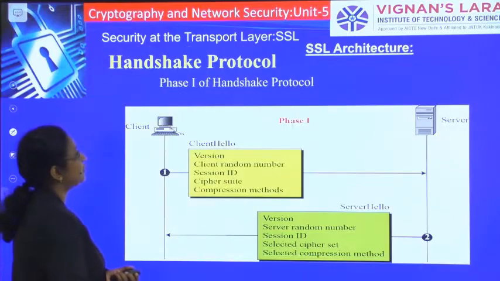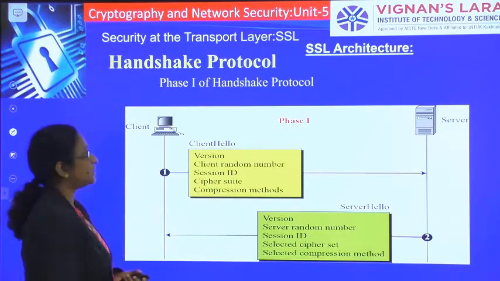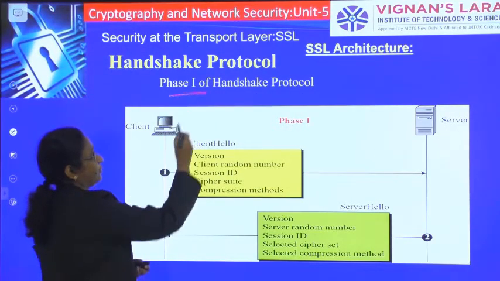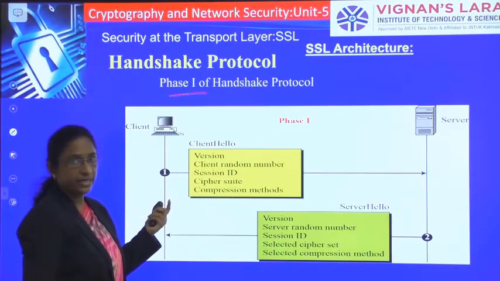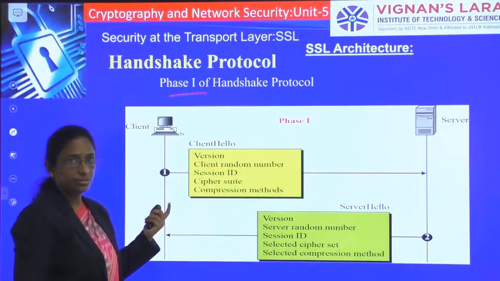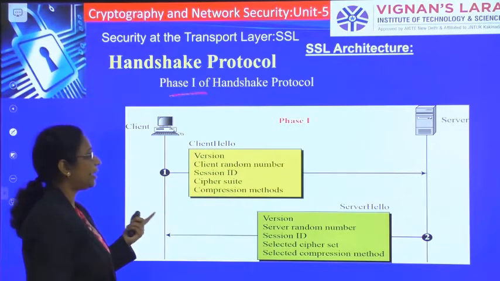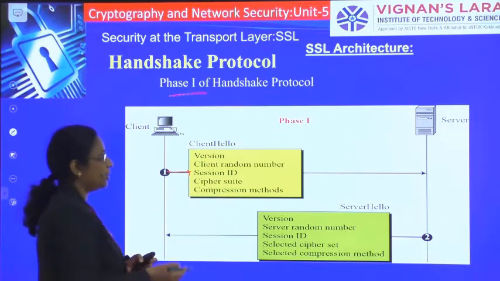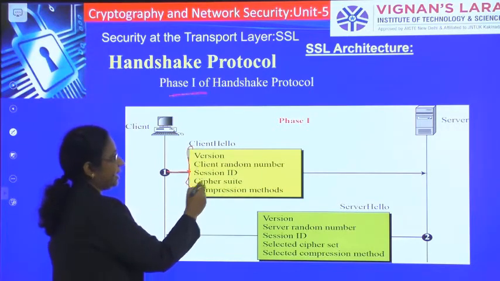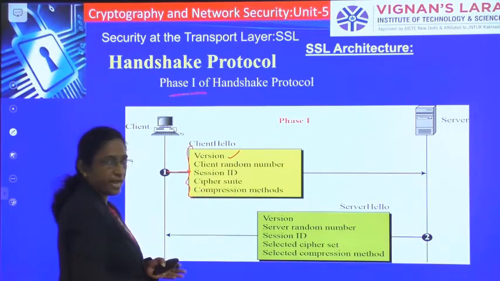The first one is phase 1 of your handshake protocol. Here, as I have already said, whatever cipher suite they will be using will be negotiated. First the client will say hello, sending data like the version they have to use.